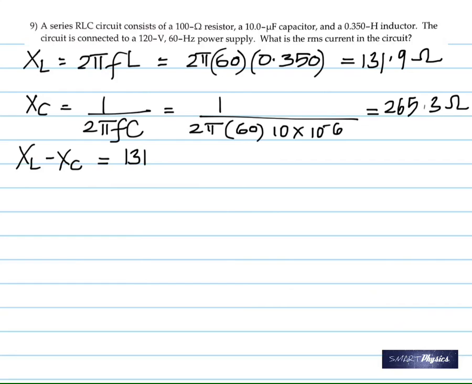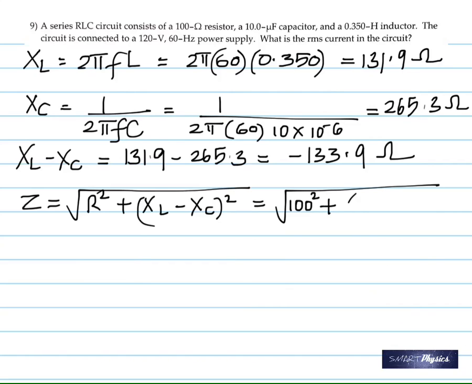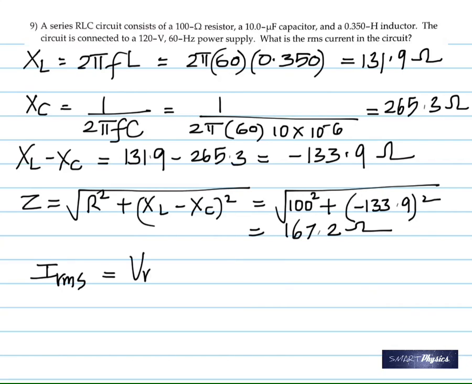So the difference is 131.9 minus 265.3. And then find the impedance, like in the previous question. Know that negative squared becomes positive, so IRMS is VRMS by Z. That gives